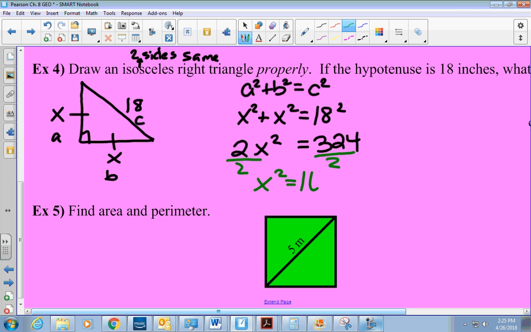Okay, sorry, it's hard for me to hear all the way up here. So 162. And then to find out what x is, we have to do the opposite of squared. So we're going to square root. So x is equal to